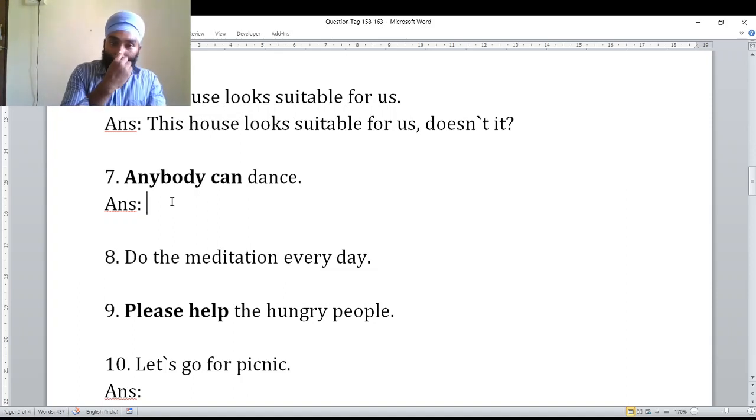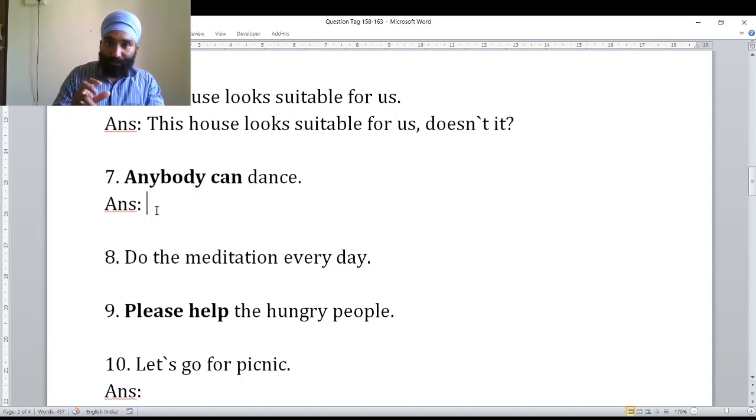This sentence is not having any particular subject. Words like anybody, somebody, nobody, someone, anyone, no one are called indefinite pronouns. These are indefinite pronouns and they don't represent any particular subject.